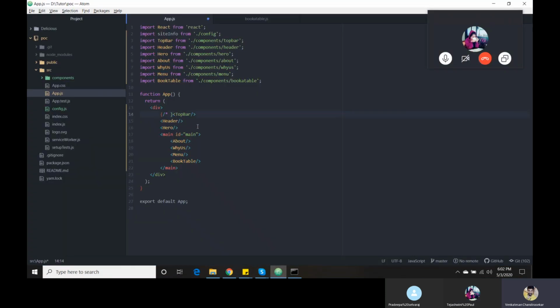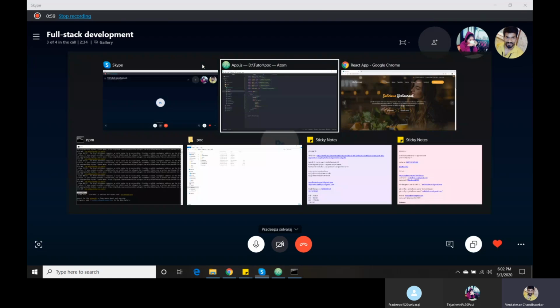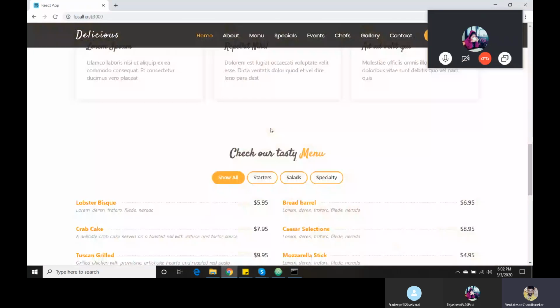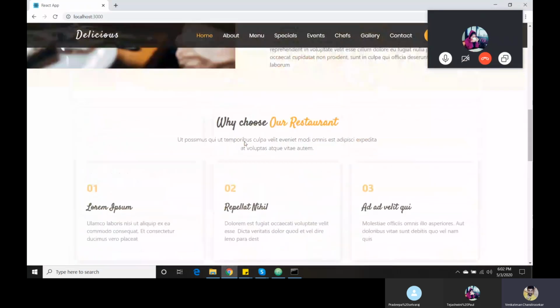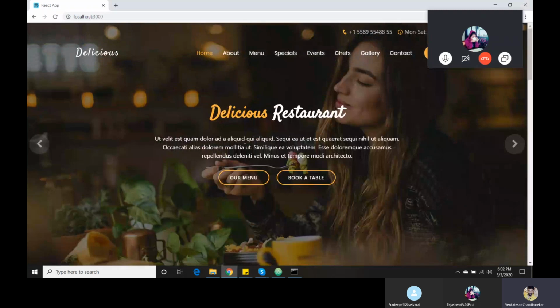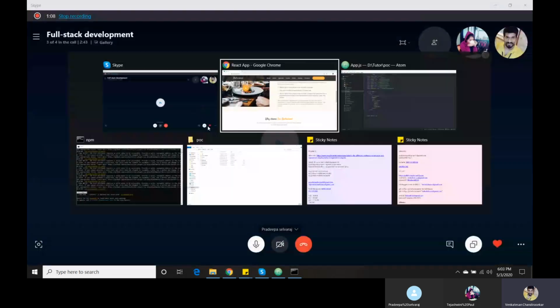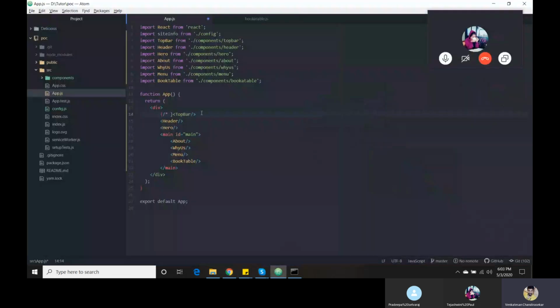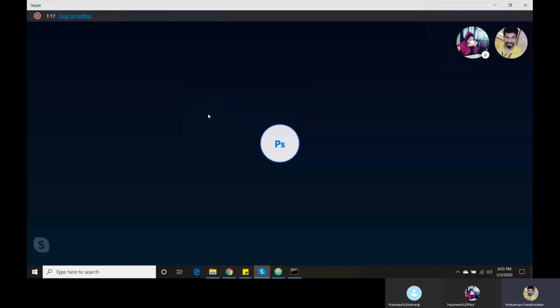Okay. So far what we did, we have done more than 5 components and combined all the components in a single manner in app.js. Now we need to do validation for our bouquet table components.